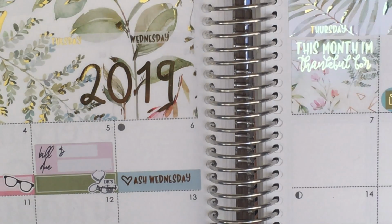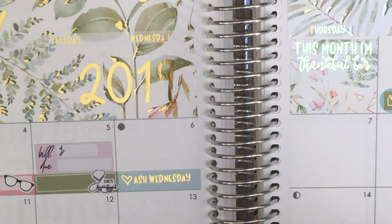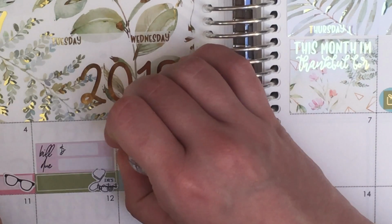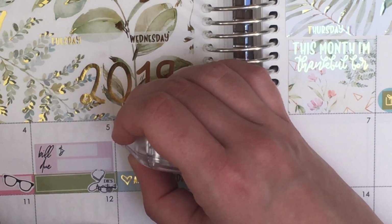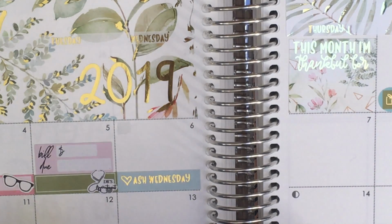On the 6th, I've got the holiday sticker in there, and then I also have a Graze box coming in. So I'm going to white out that moon phase up there. Don't need that. And then I pulled in leftover from a GP Sticker Studio kit for my Graze box. I pulled in these 2